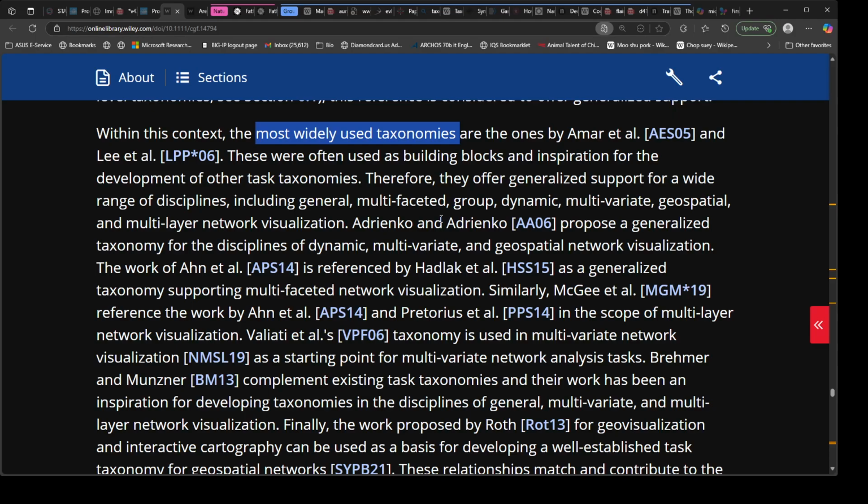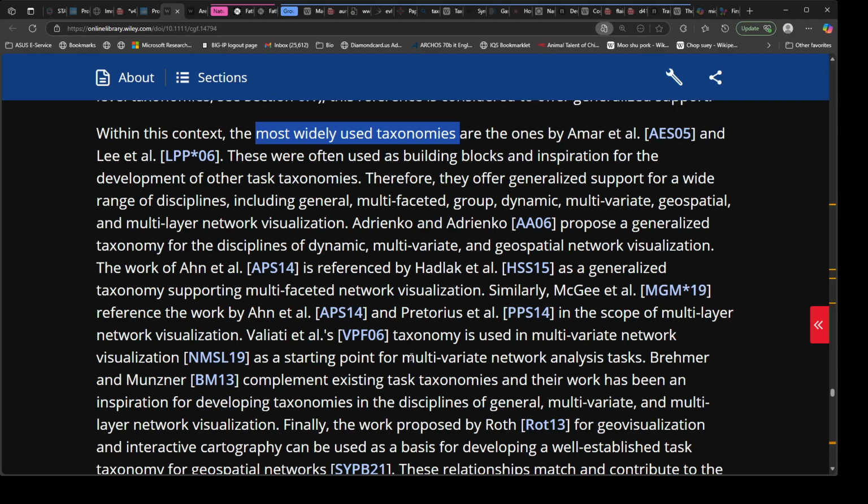The work of Ahn et al., APS14, is referenced by Hadlak et al., HSS15, as a generalized taxonomy supporting multifaceted network visualization. Similarly, McGee et al., MGM19, reference the work by Ahn et al., APS14, and Pretorius et al., PPS14, in the scope of multilayer network visualization. Vailaya et al.'s VPF06 taxonomy is used in multivariate network visualization, NMSL19, as a starting point for multivariate